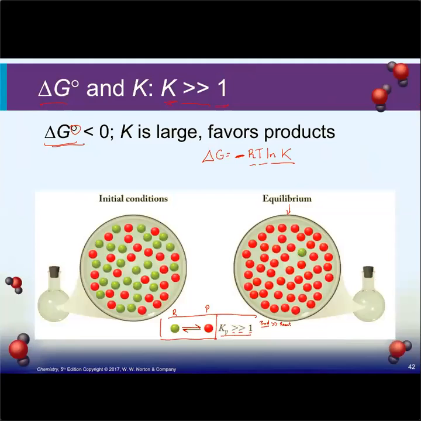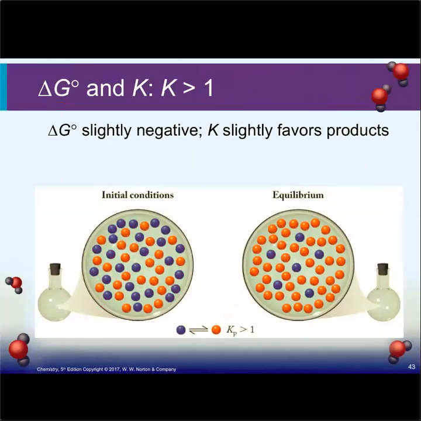And that means spontaneous, which makes sense. It correlates with the K. The K is telling us that the equilibrium lies this way. The delta G is telling us that this reaction is happening and it's going to go towards product. It's going to be a spontaneous reaction that transforms the reactants into products. But if K is just larger than 1, not much, much larger,